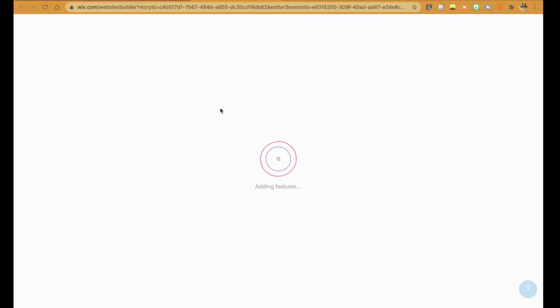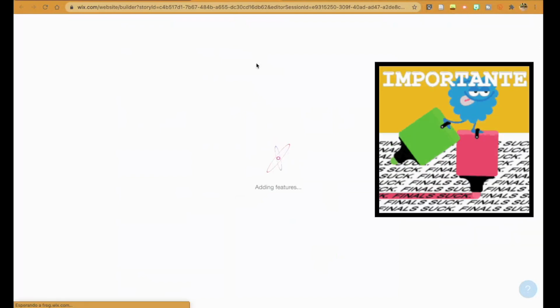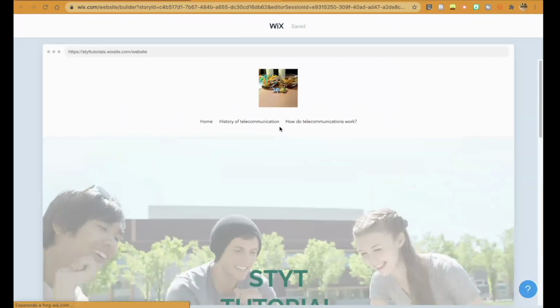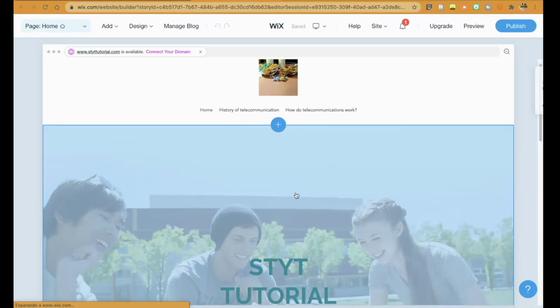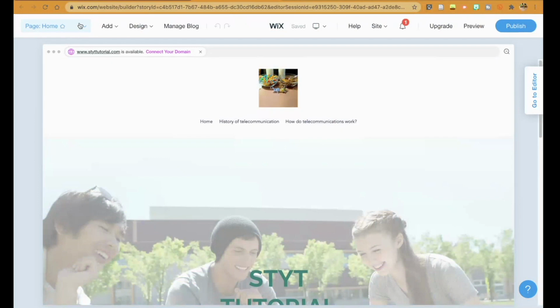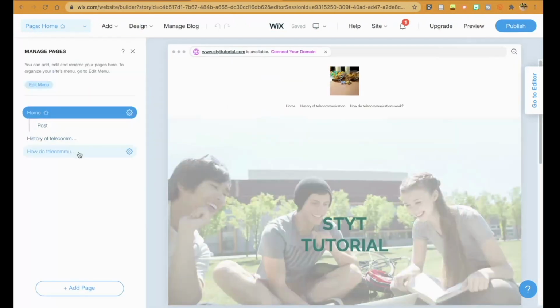Okay, so the first thing is that we have to change the editor, because this editor is basic and this kind of things can be done in this one, or at least I couldn't find the way. Okay, so don't do this before having everything prepared, because the other editor is going to be more complicated to manage. But once you've done all the design and you have your posts created, well, that is what we did till now,